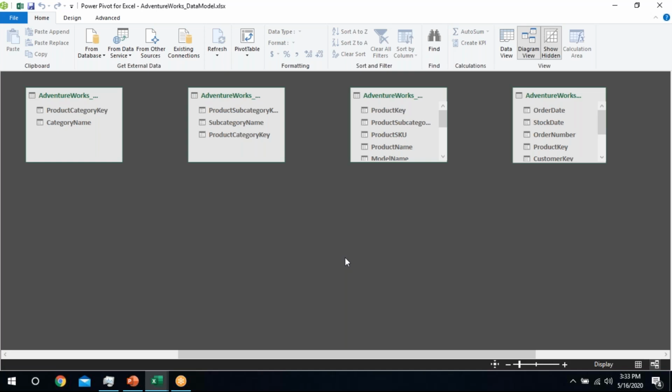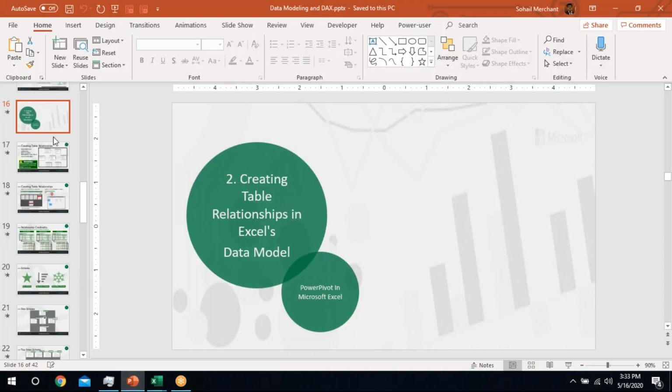As I said earlier, the data model will not work until and unless a relationship has been established between these tables. So to establish a relationship, we have to be familiar with the primary key and the foreign key, right? The lookup table and the data table. These are certain terminologies we have to be very familiar with in working with Power Pivot data modeling, right? So back to our presentation.